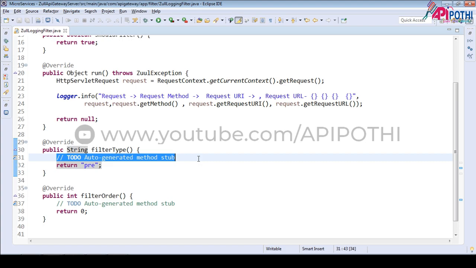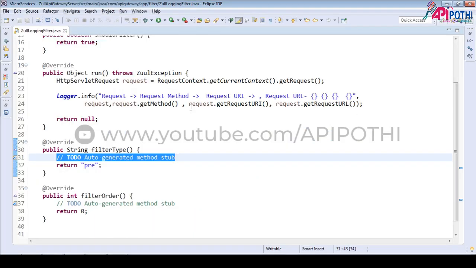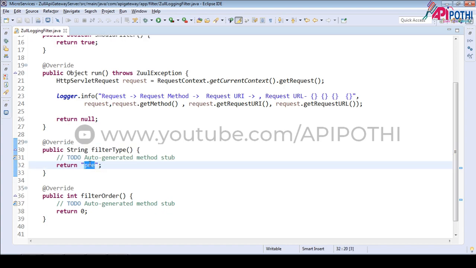This is for pre. Route means if you want to do some routing kind of translation. Suppose we are done with this one and you want to route this request to some other application, and from that other application it has to come. So for routing we again have the filter, but the argument for this one is route.